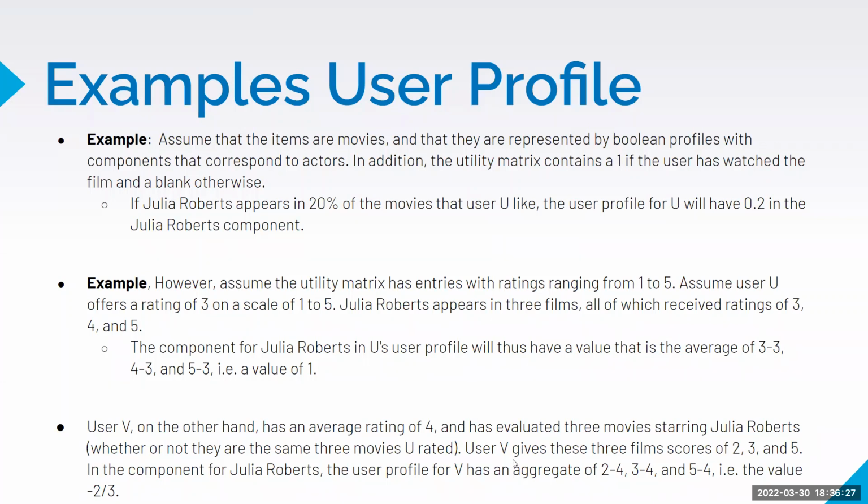And user V gives 3 film scores of 2, 3, and 5, and in that component for Julia Roberts, the user profile for V has an aggregate of the average evaluated. It was 4 for Julia Roberts, and the scores given by V are 2, 4, 3, 4, average of 5, 4, and the actual value comes out to